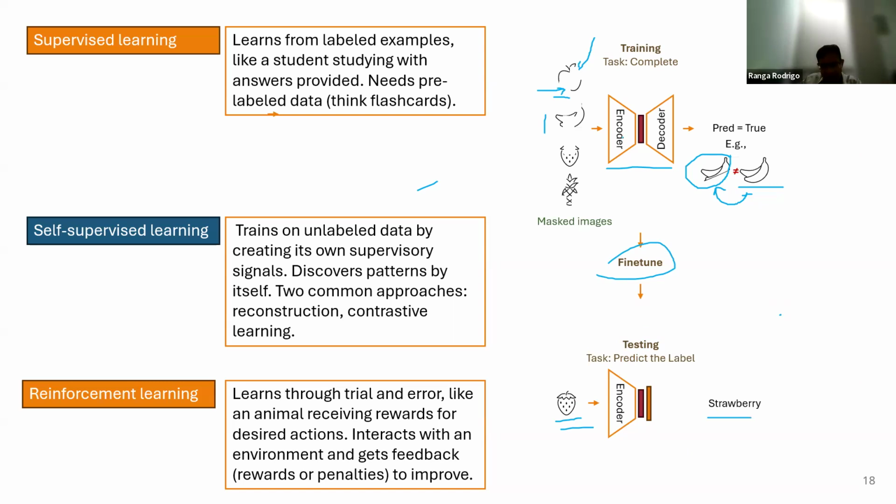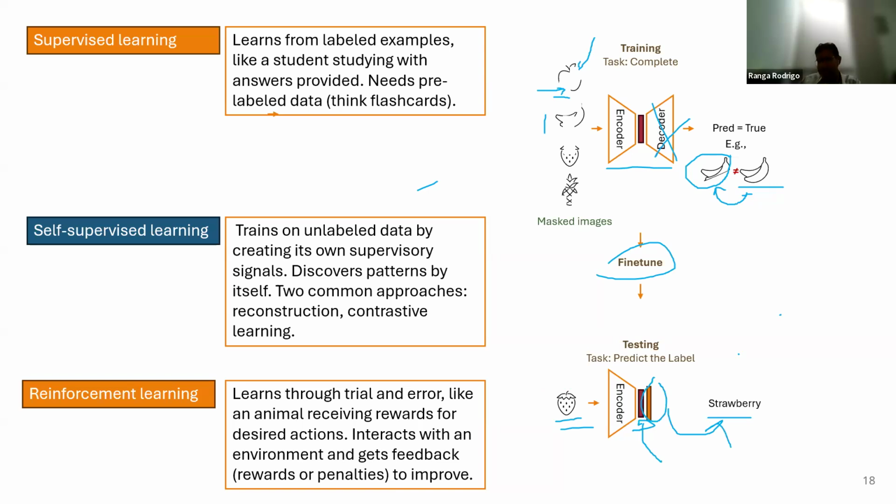So this encoder part is the only one that's there. The decoder part is gone now. So you can see I have shown you the representation that it makes. So this is the set of numbers that it uses to represent the strawberry. For a strawberry, it's a different set of numbers. For a banana, it will be a different set of numbers. And then using another little layer, we can predict that it is a strawberry. So this is the self-supervised learning paradigm. I will show you more examples later. And then reinforcement learning is